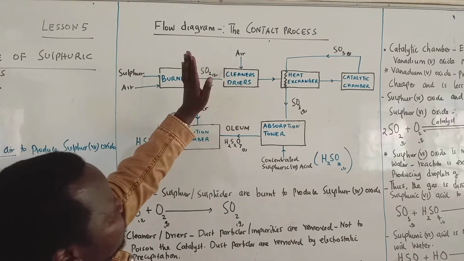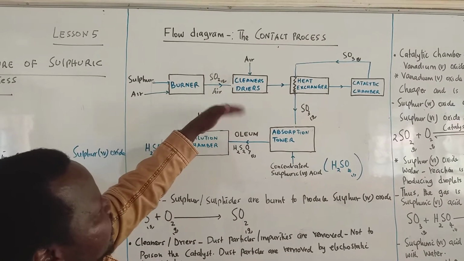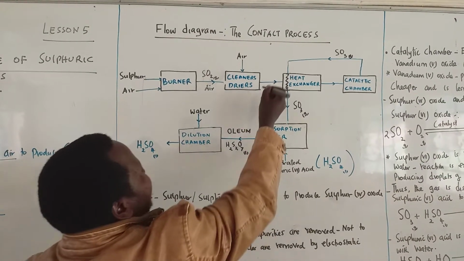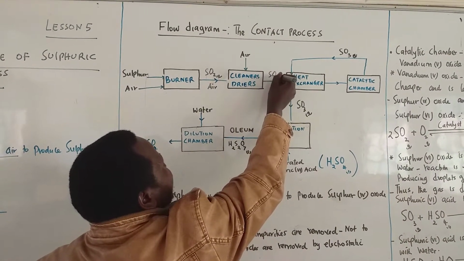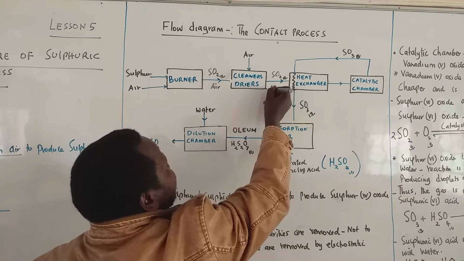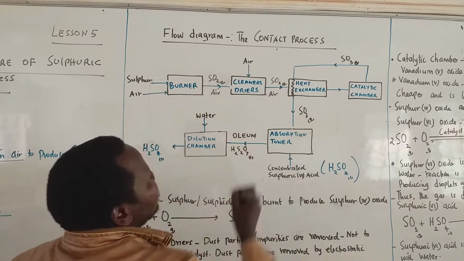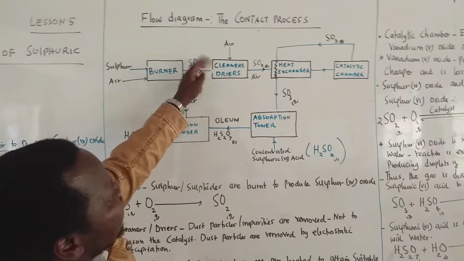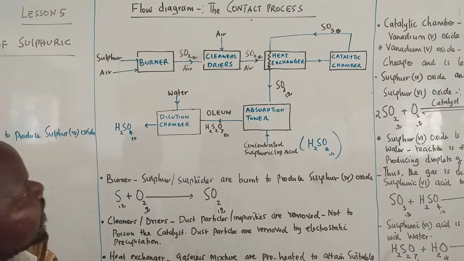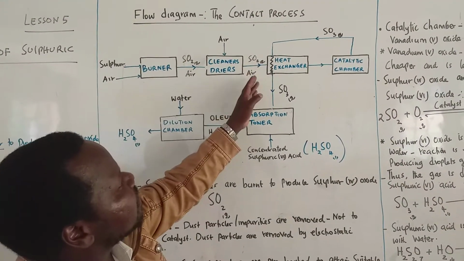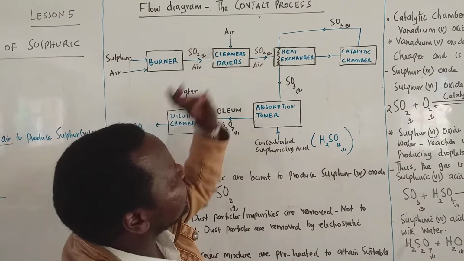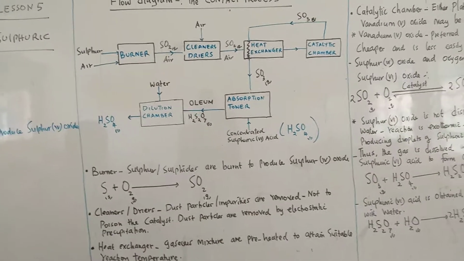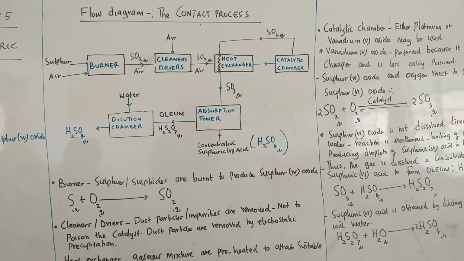So whatever mixture of gas exits this chamber will be free from dust particles and also free from moisture. Then this mixture will enter the heat exchanger,